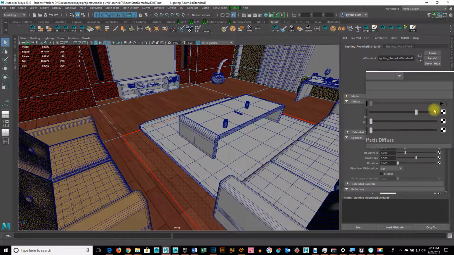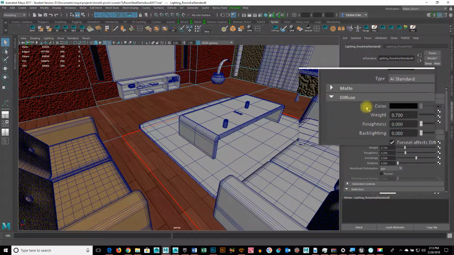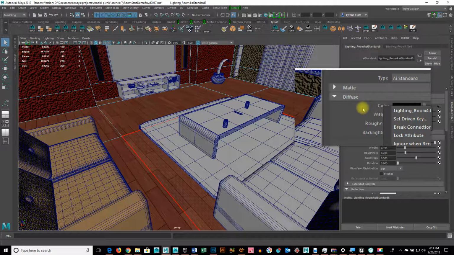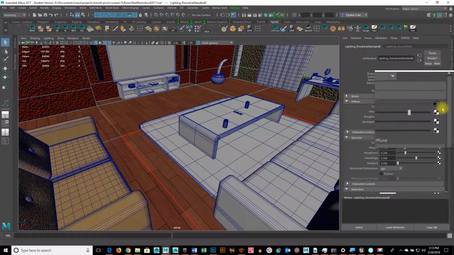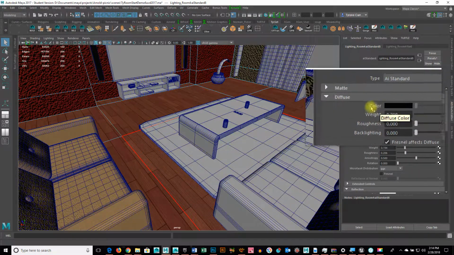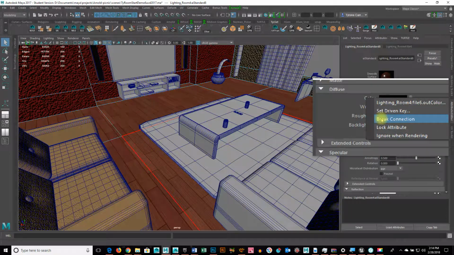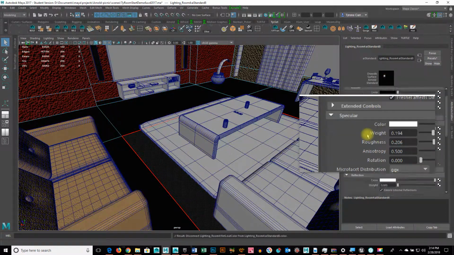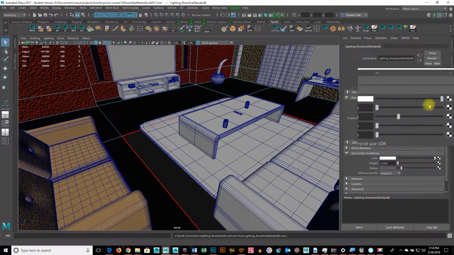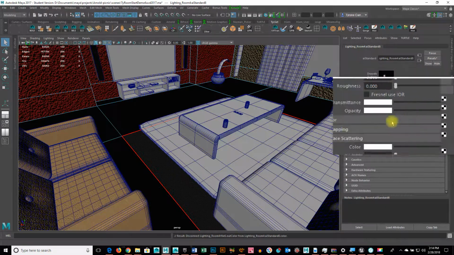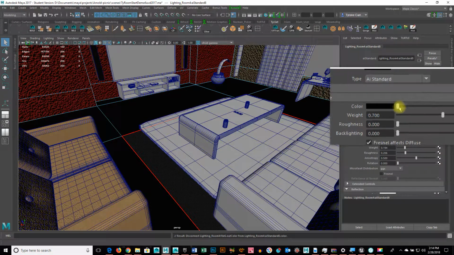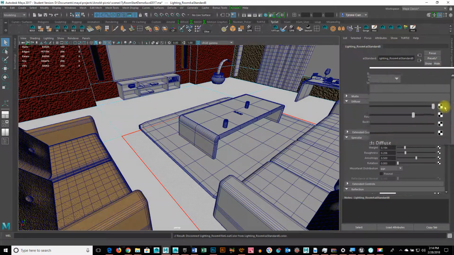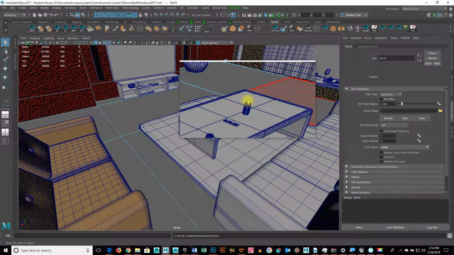So I'm just going to clear them out. Anytime I want to get rid of a texture or something that's connected, I can do it just through the attribute editor. So you see I have an input here. I can go to the name, right click, and say break connection, and that gets rid of it. So there we go. So in the diffuse color, I would bring in a file,